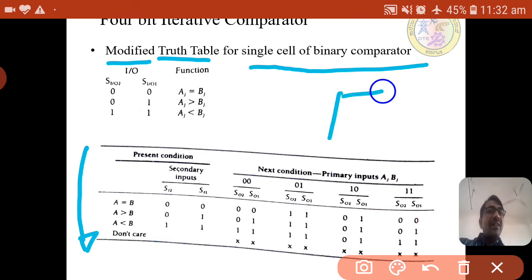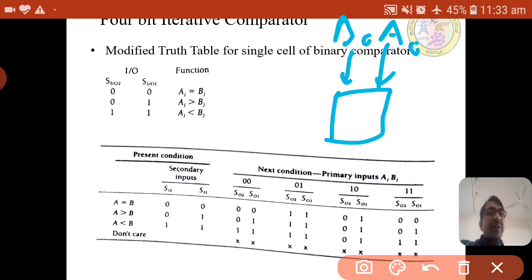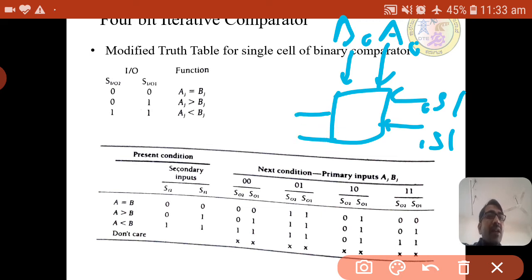The inputs and outputs are A0 and B0, secondary input 0, secondary input 1, secondary output 1, and secondary output 2. This is the structure of the 1 bit comparator cell.